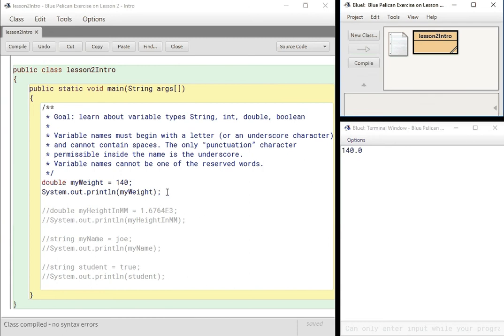I know if you're taking a science class, they make a big fuss about how many zeros you're allowed to have, but in Java, this means the same thing. All right,